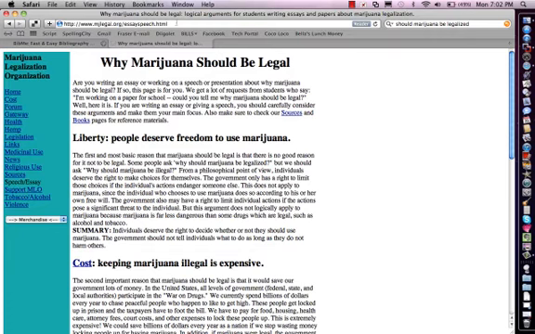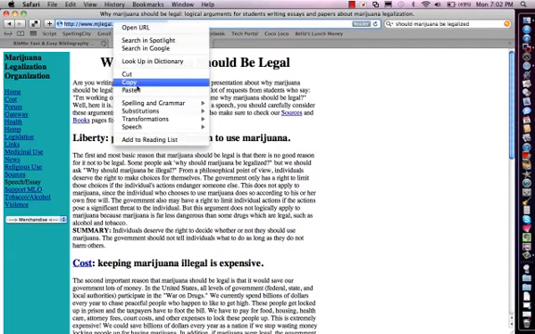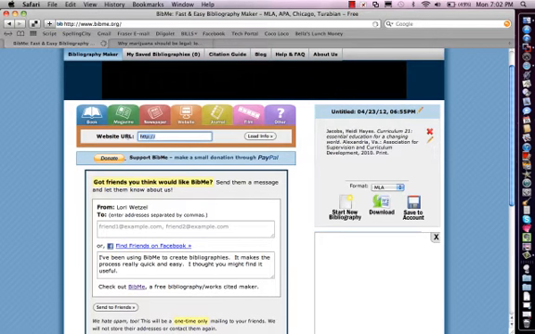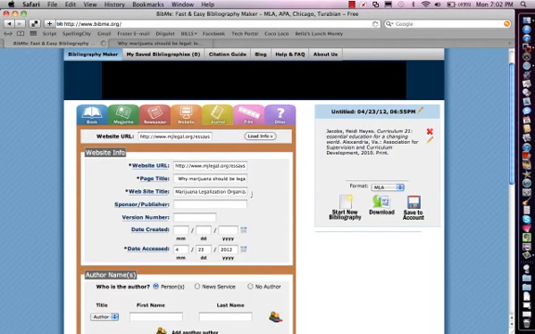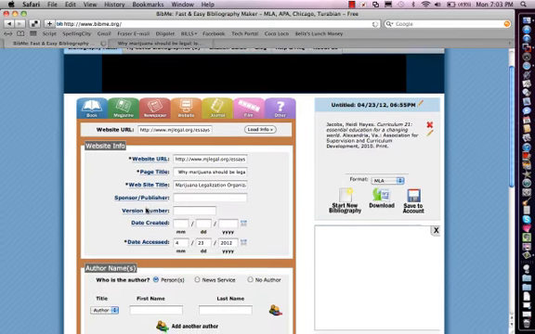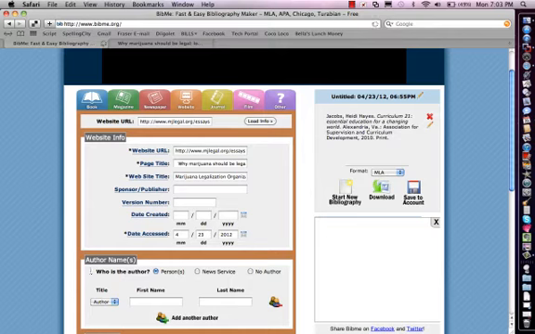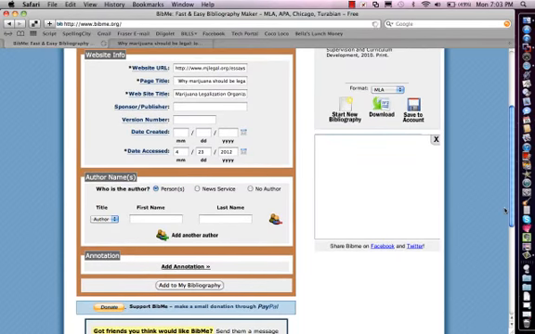I just grabbed a website here that talks about legalizing marijuana. Perhaps a child might be doing a research paper about this topic. I am going to copy and paste that URL into this area and then click on Load Info. And it automatically puts the URL, the page title, the website title in here. And it is up to the students or up to you to maybe look a little farther to see if there is an author or a publisher or a date of creation to further make sure that it is a reputable source. For the sake of argument, I'm going to call this good and I'm going to add it to